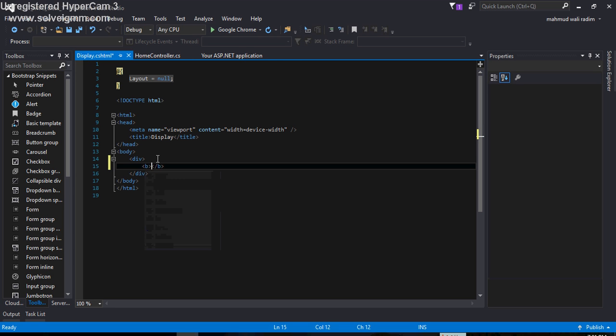So just run the application now. By default it will take the home page because by default